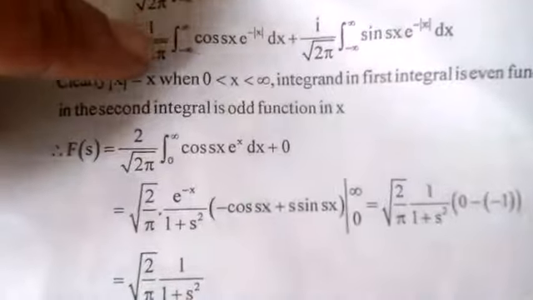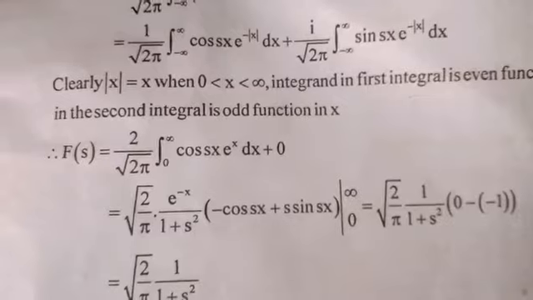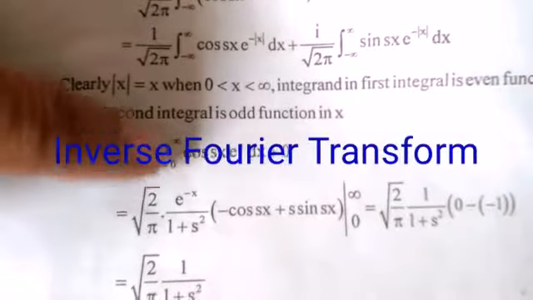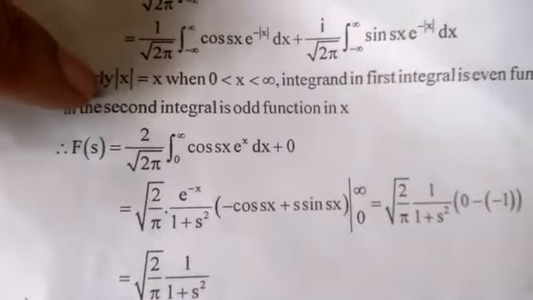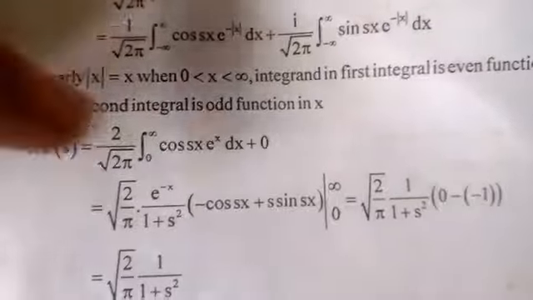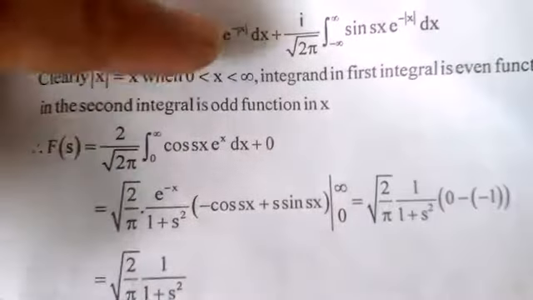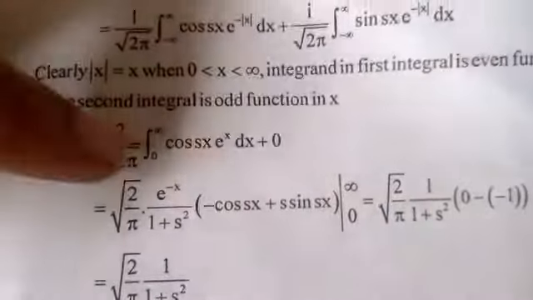Now this equation can also be written as 2 divided by square root of 2 pi, because we applied this from minus infinity to infinity. Now it becomes from 0 to infinity because this is the limit now. For the even function integral, only the even part of the integral is taken, so the limits convert to 0 to infinity, multiplied by